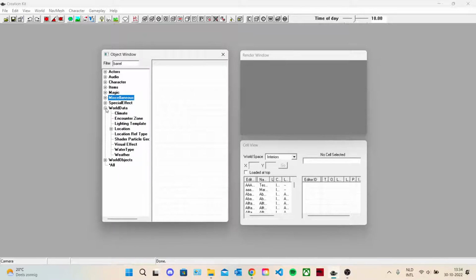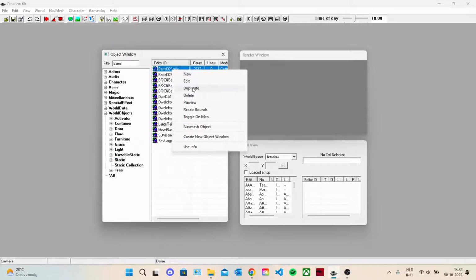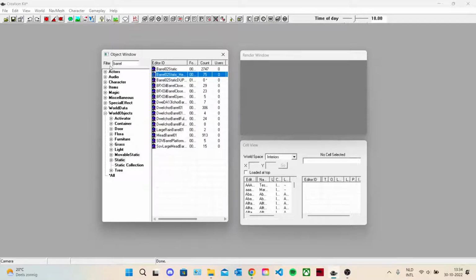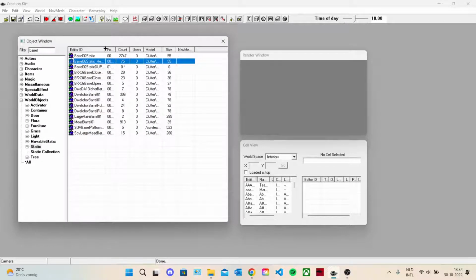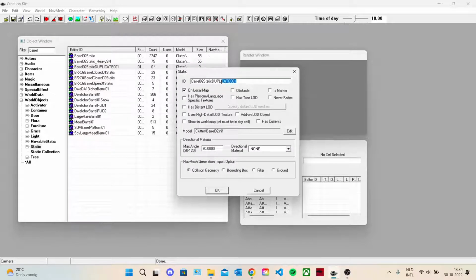Let's see, can we find... Yes, we have a barrel here, so we're going to be duplicating this one. To quickly create it, we have this duplicate, so double press and change it. We want this to be barrel 01 model. We're going to change this one to our custom